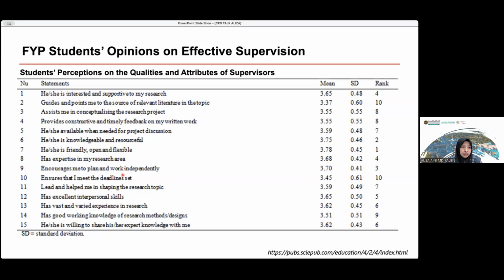And then we can see here, interested and supportive of my research. So we need to go down and go also together in the same boat. I believe if we just give the title but we don't read the paper, it is quite hard for the students to understand. So we need to be in the same boat and also try to understand if the research is new for us. Okay, and what else can I see here? Available when needed for the project discussions. I believe this is also an important criterion.